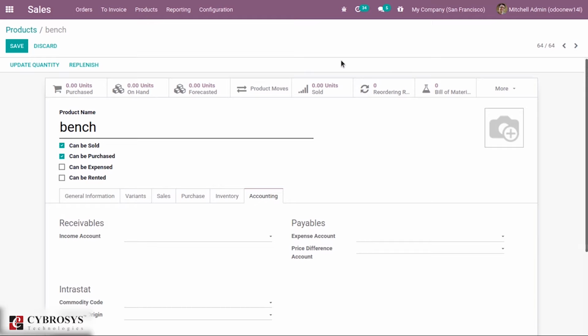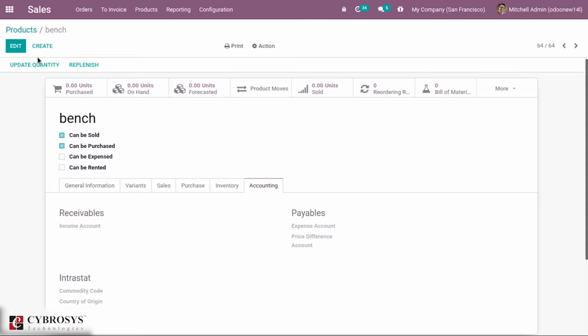So we have done a video for reordering rule in Odoo 14, so you can check the link above to know more about it. Then bill of material, you can see bill of material. If manufacturing module is installed only, you can see that. Then put away rules can be created, quality points. So these are quality points, quality module. If you install that, you can see.